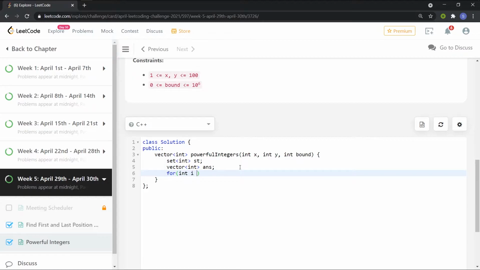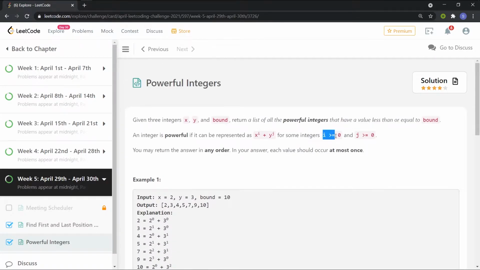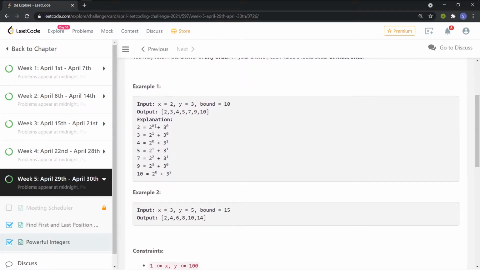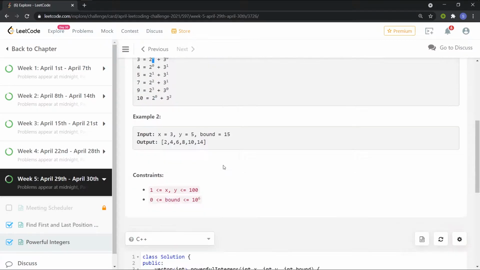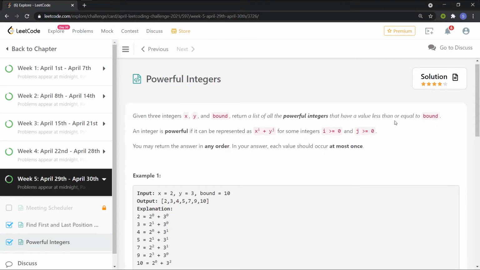For that I'll be starting with for int i equal to 0. Here you can see that i is greater than or equal to 0, and i will be increasing, like here you can say 2 to the power 0, 2 to the power 1, 2 to the power 2, etc. But that will be going on till which condition? What we'll be writing is that power of x comma i is less than bound. You might be thinking why it is less than bound and not less than or equal to, as it was written that the powerful integer has to be less than or equal to bound.